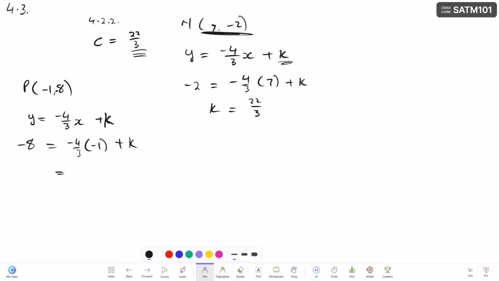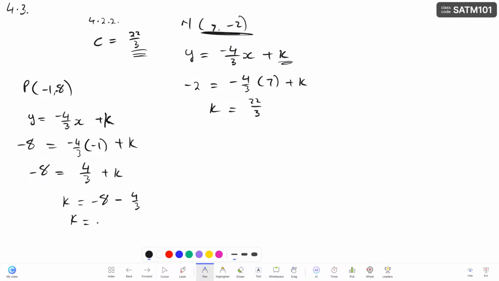So this one is going to give us 4/3 plus k. Then we need to take 4/3 to the other side. So now we're going to have k is equals to -8 minus 4/3. So using our calculator, -8 minus 4/3 is going to be